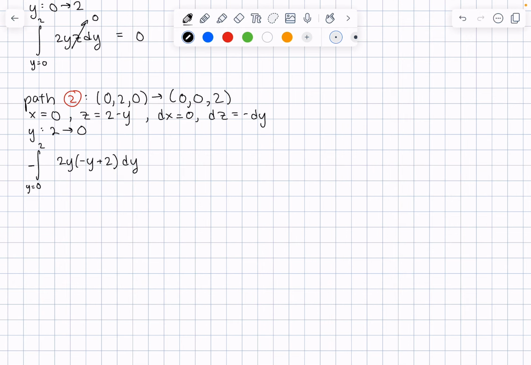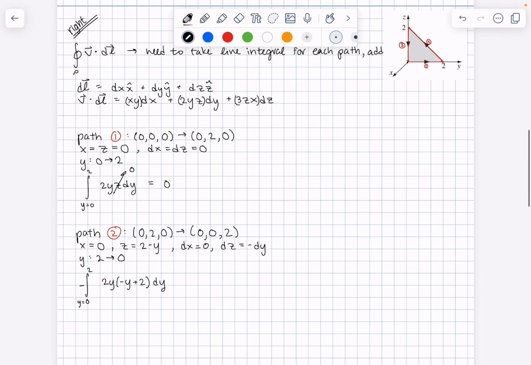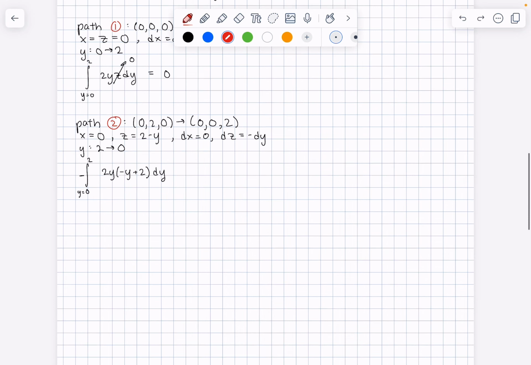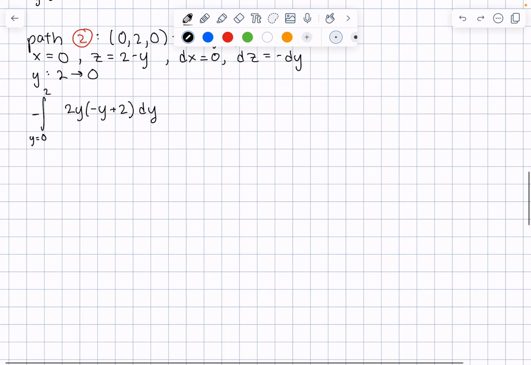And then our dz component, that doesn't immediately get canceled out. However, this x right here does go to 0, so we don't have to worry about that term either. So this is going to be our integral, and that is just going to be equal to the integral from 0 to 2 of negative 2y squared plus 4y dy,